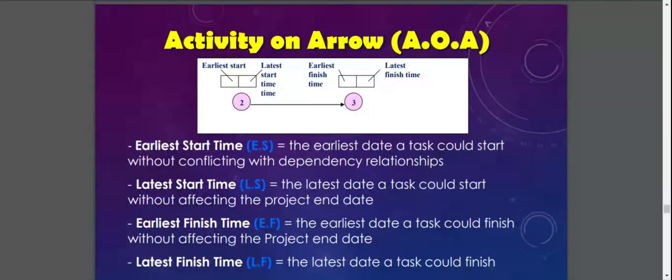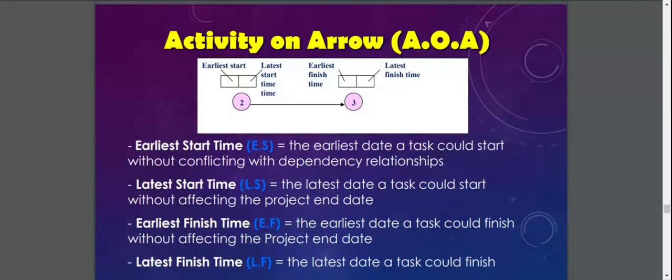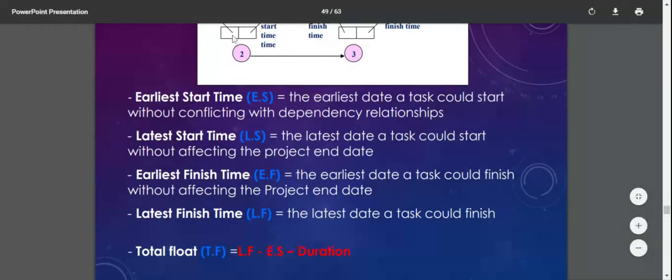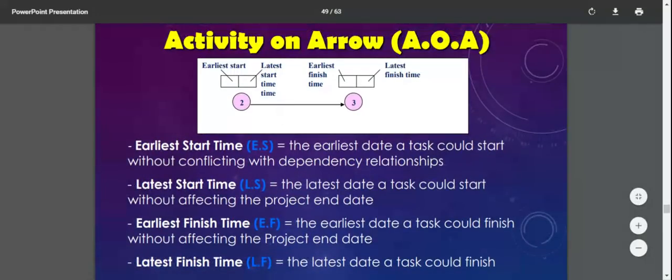Okay, and this is a very important slide as well, to show the elements involved in AOA. So, for example, this is the earliest start, and this is the latest start from activity number 2. There are two activities here, activity 2 and activity 3.